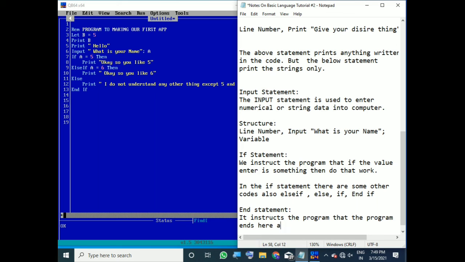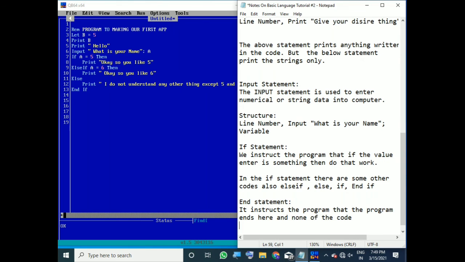and none of the code will be accepted later on. So what is the thing really about? Let's write it.